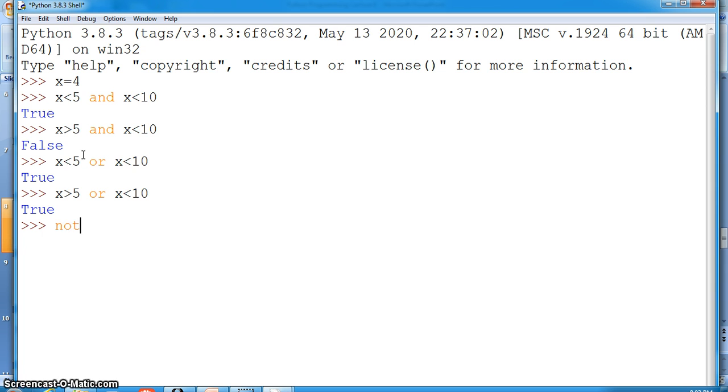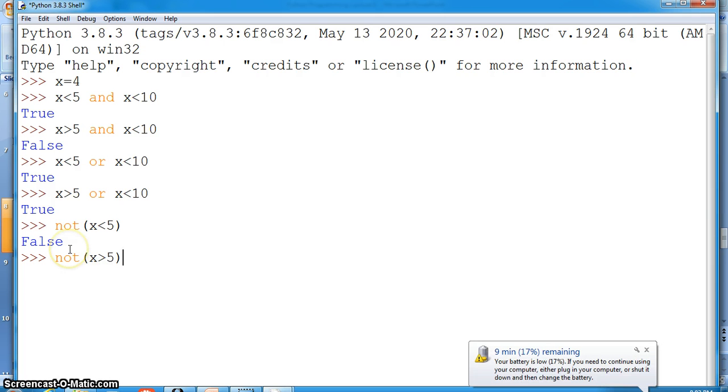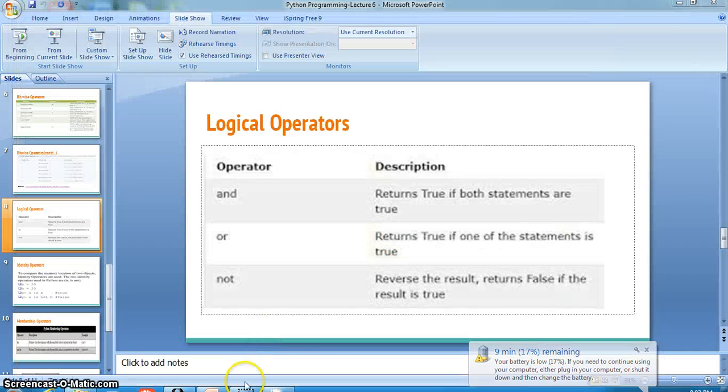And now not x is less than 5. So what is the result here? X is less than 5 is true actually. Why? Because 4 is less than 5. Not means true is given as false. Now I'll write it in another way. X is greater than 5. So true. So this is about logical operators.